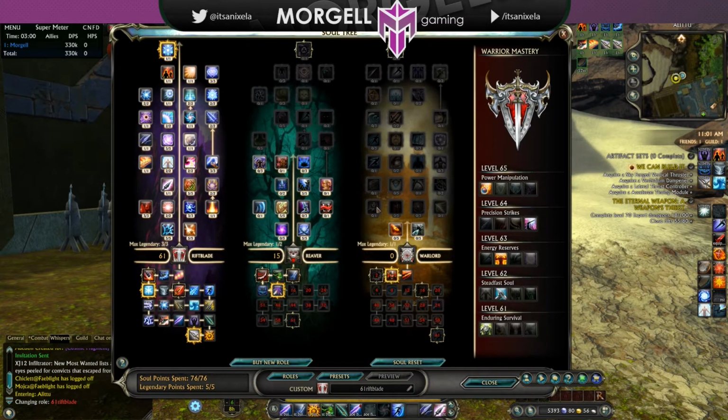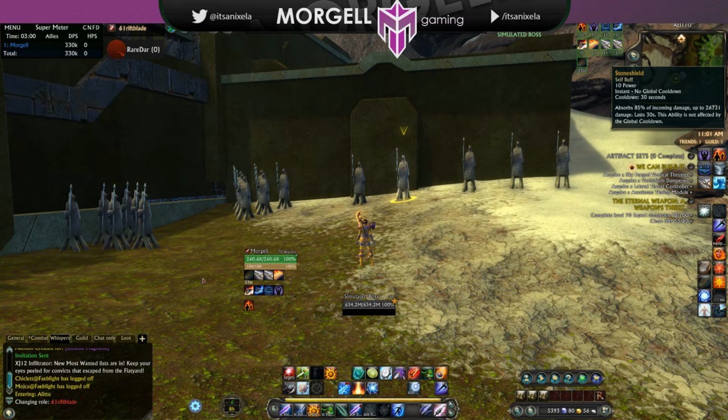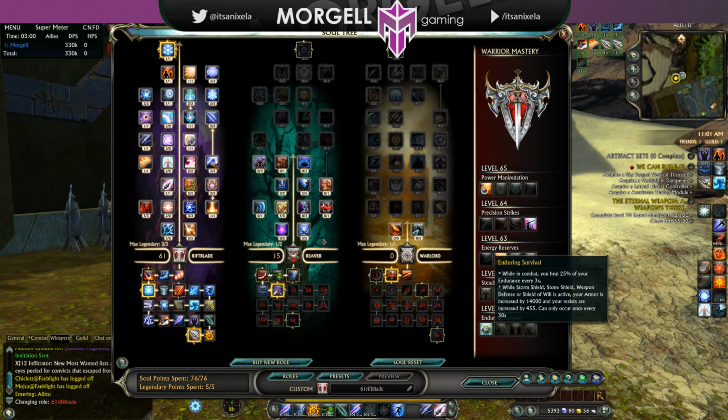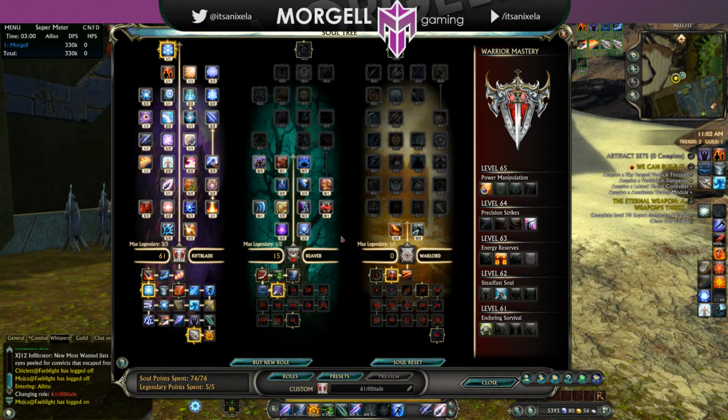Anyways, as for masteries, you will go with Enduring Survival because of the Stone Shield. While Stone Shield is active, your armor is increased by 14,000, and your resists are increased by 455. It can only occur once every 30 seconds, and also you heal 25% of your endurance every 3 seconds. So that's good. You could choose whichever, because honestly, at level 61 and at a stretch 62,